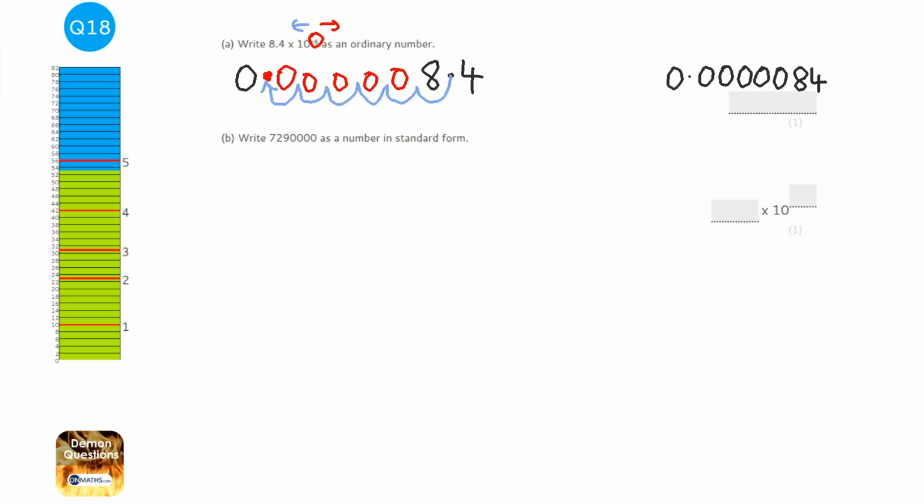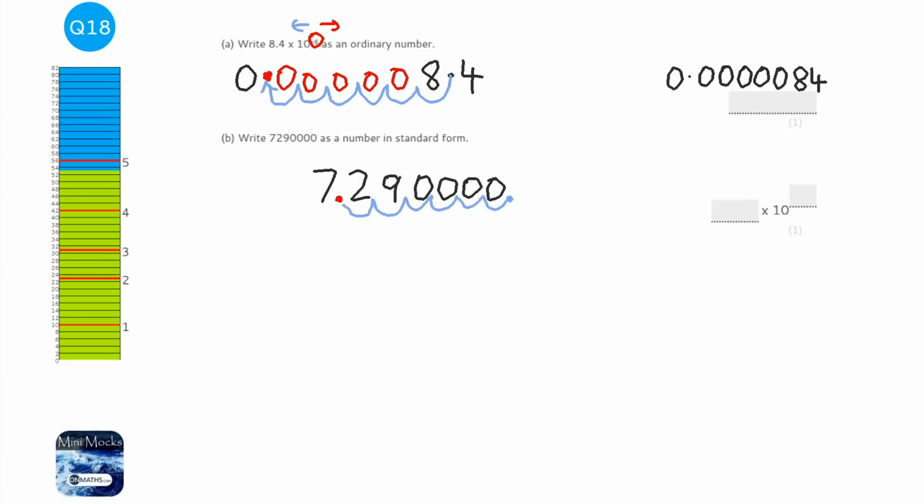Okay, to convert to standard form, you write out the number, and you try and put a decimal place in to make the number between 1 and 10, but not including 10. So if I put it in here, that would be 72, so that would not be right. So I need to put it in here. Then you count how many times you had to move the decimal point to get it there. So the decimal point started at the end of the number, and we had to move it